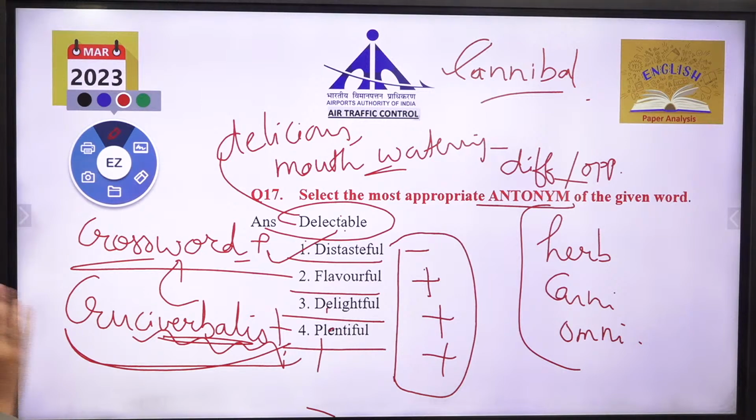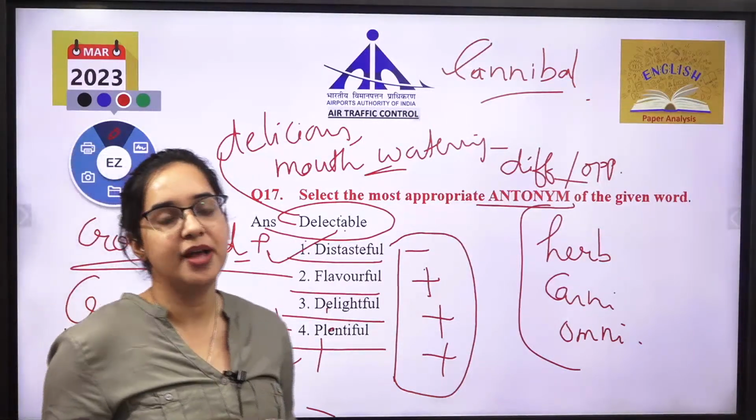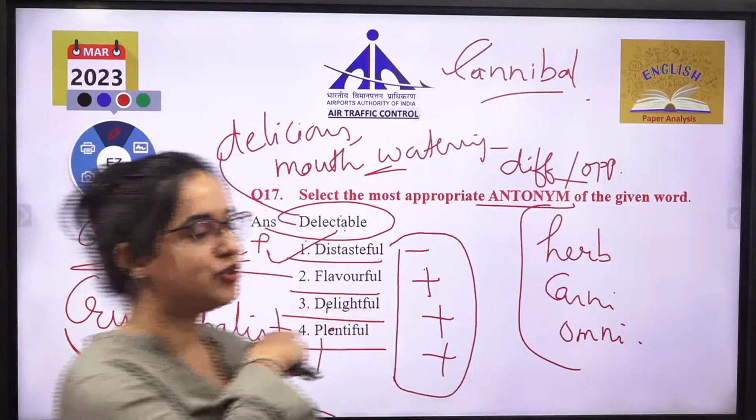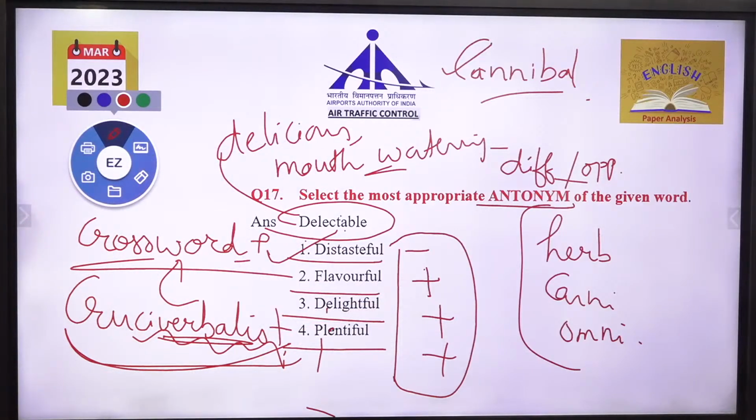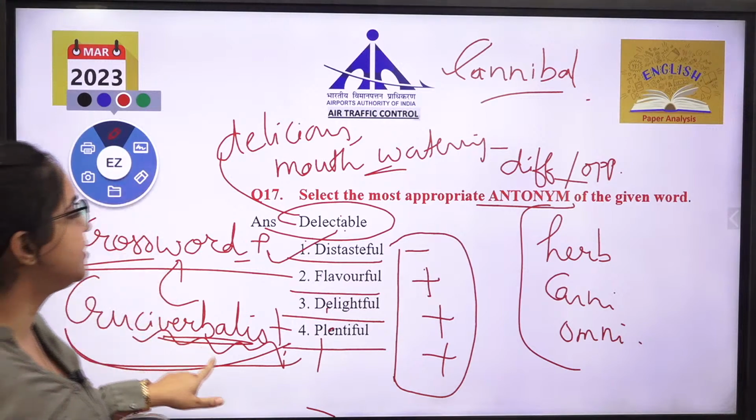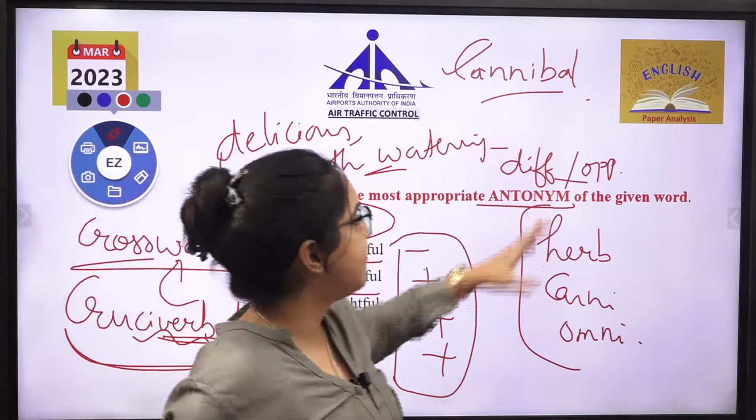Any of the questions apart from C, whatever your doubts will be there, I'll be taking you at the end. After 3 questions, I'm going to have most of the doubts of yours. And even we'll discuss some of the strategies, some of the vocabulary, more words. How many you will love to do, I'll make you do about those words. Now tell me, clear with these words? Crossword lover is cruciverbalist. Cannibal is someone this.